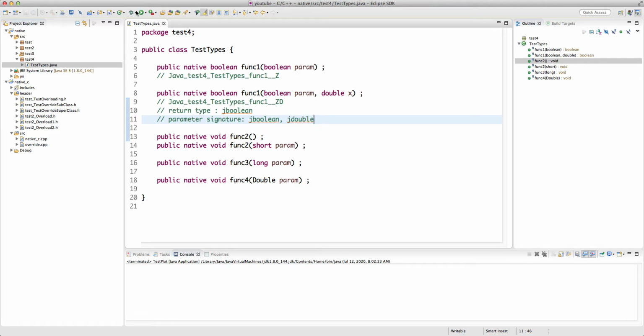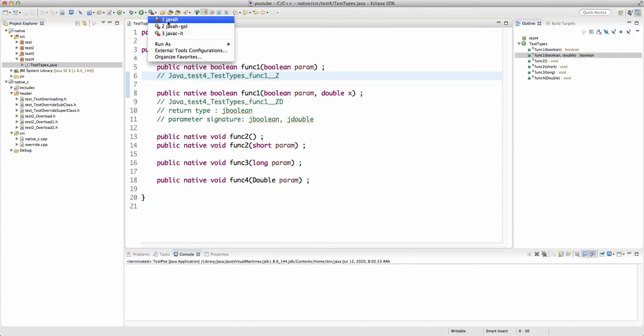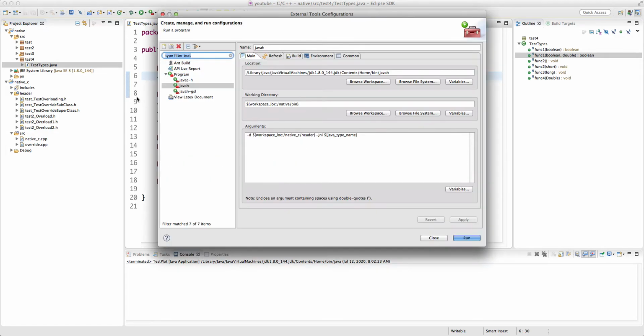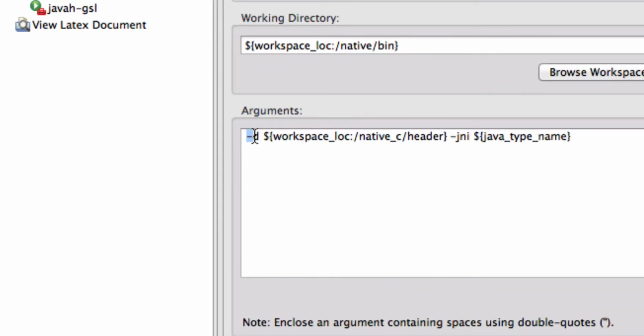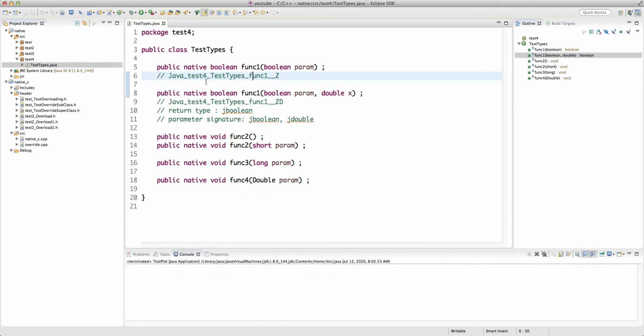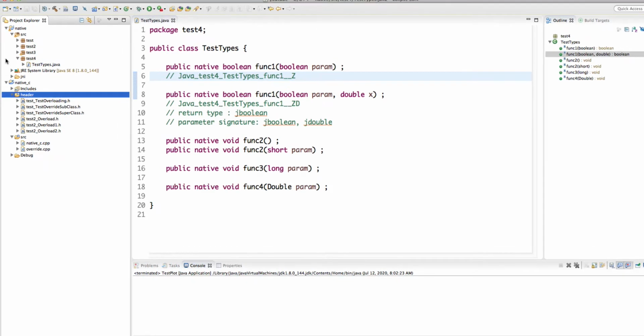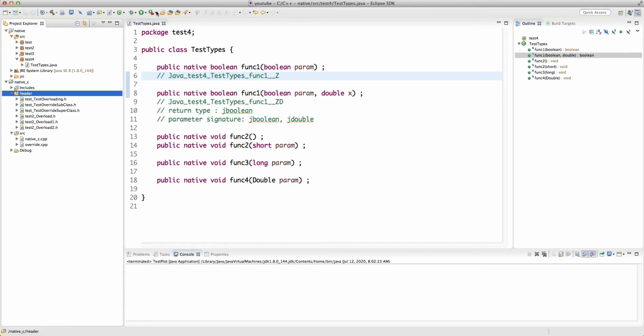Okay, so let's look at this. I'm going to use the javah tool, and javah is already configured to put the generated output using -d, which means directory, and you give it a directory to put the generated header files. I'm saying take the path to the workspace location, basically the root, and then native C project, and then header. Note that when you're using forward slash from the workspace, you have to use the semicolon. So workspace semicolon, and then a slash the project, a slash the folder inside the project. This way I'm directly creating the header file and putting it in this header folder in my native project. Okay, so if I run javah,